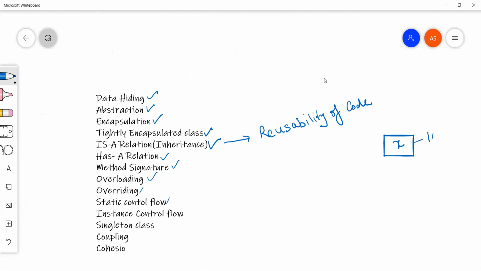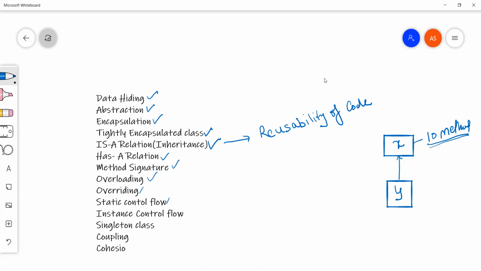For example, we have a class X which has 10 methods. These 10 methods we can use in our other class. Let's say we have a class Y and we want to use those methods in our Y class.